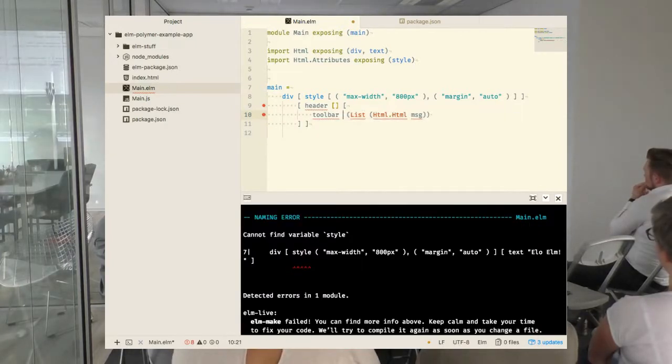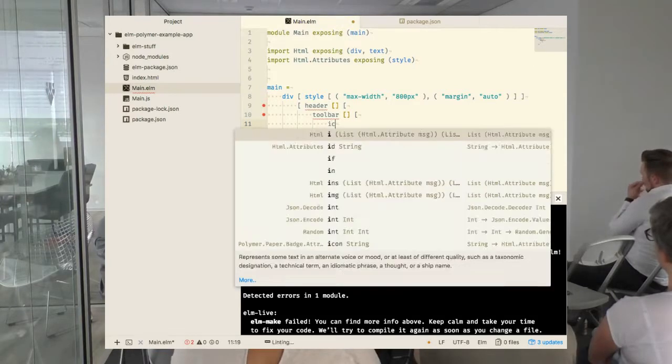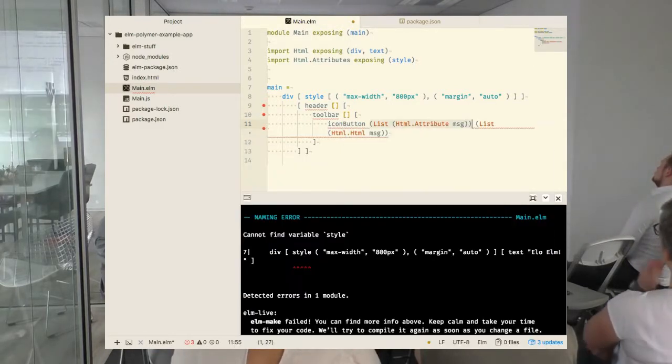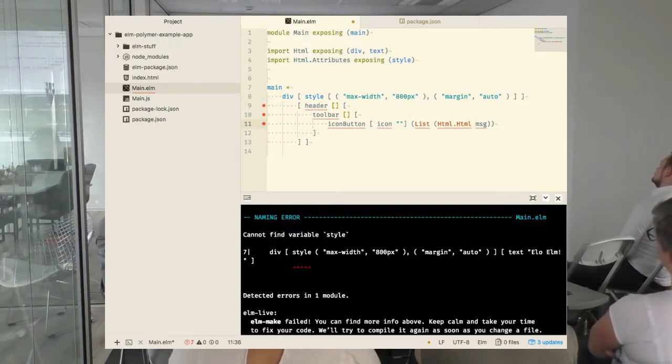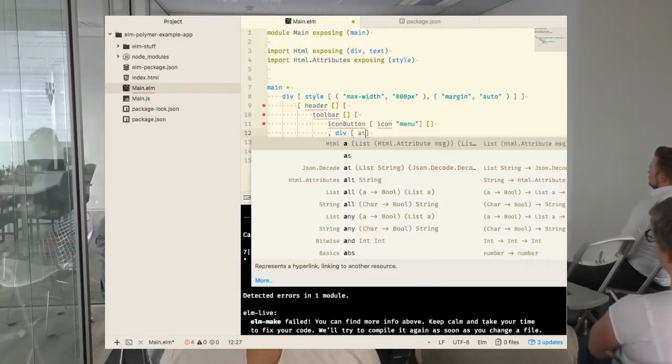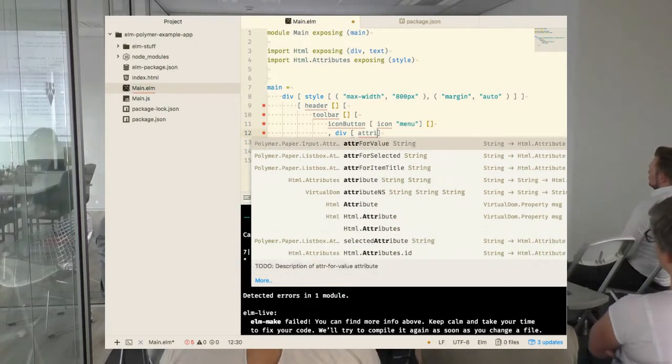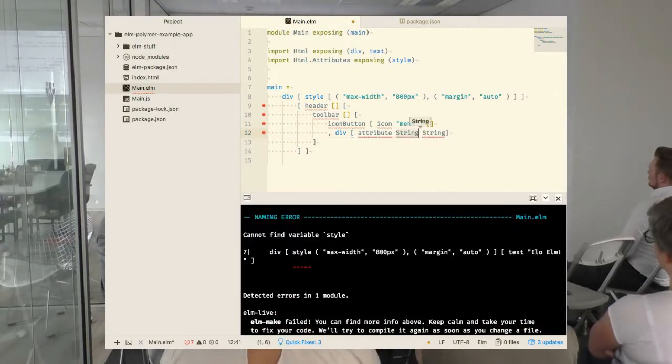And inside our toolbar let's put icon button with icon menu, and let's put attribute